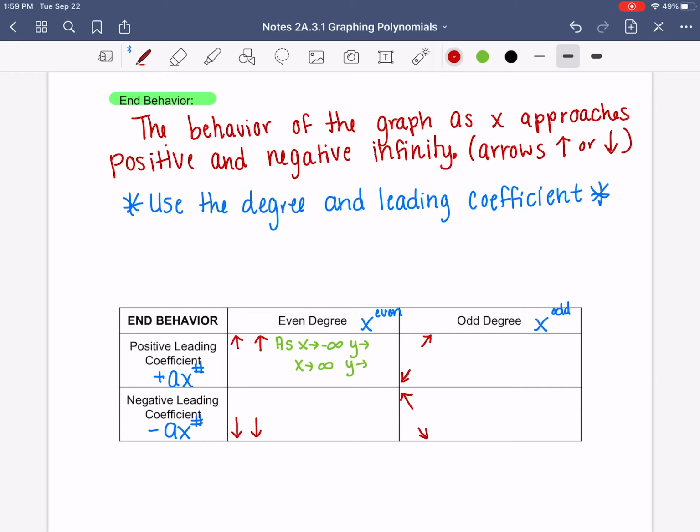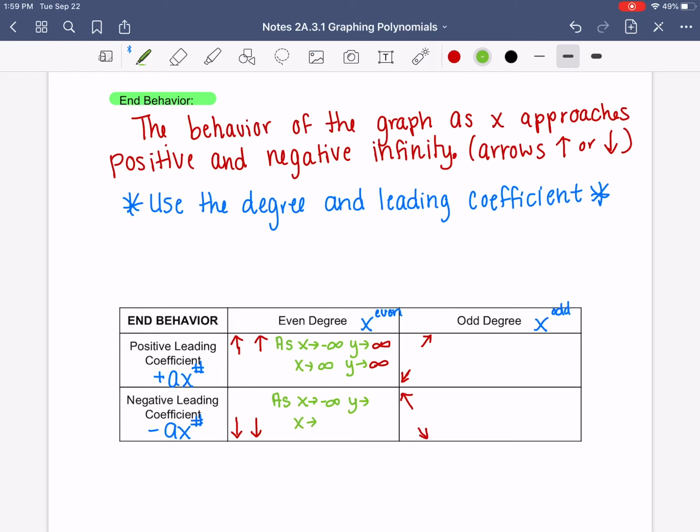So that's what we're filling in. Since both arrows are pointing up, if it's an even degree with a positive leading coefficient, then both of those would be positive infinities. If you're talking about a negative leading coefficient, you would say as x approaches negative infinity, y approaches blank,